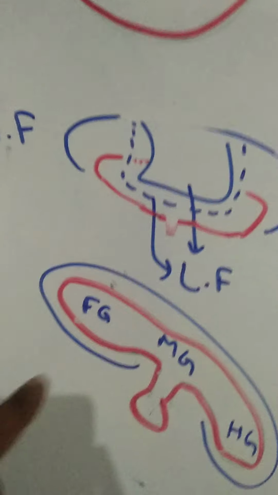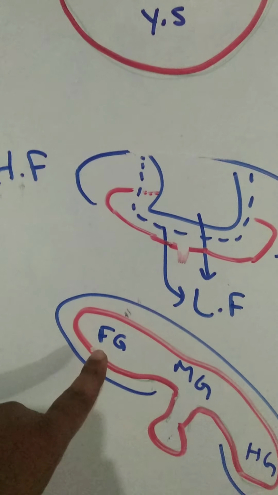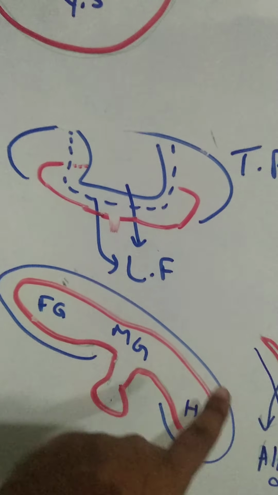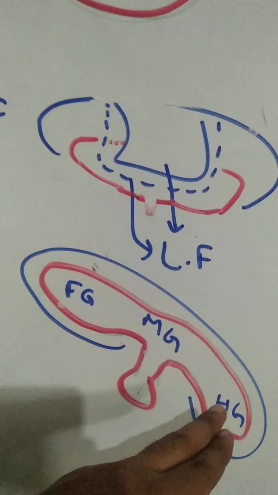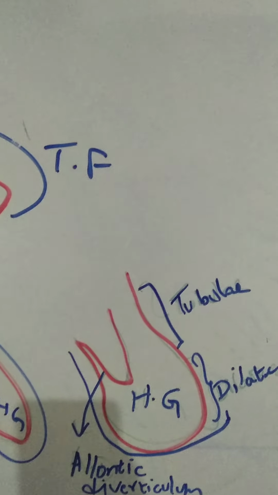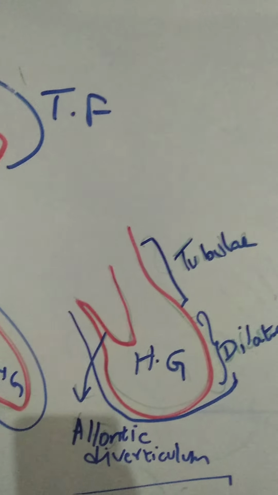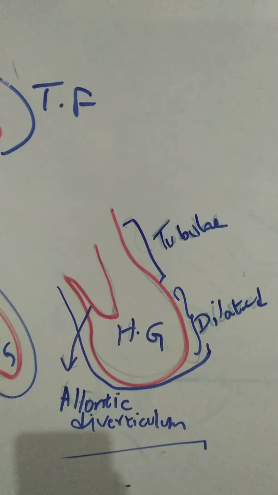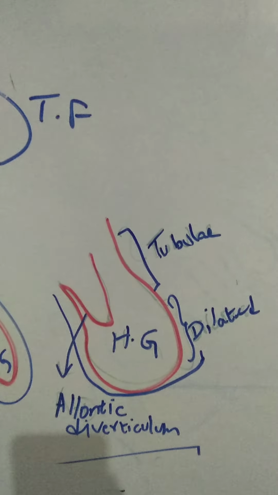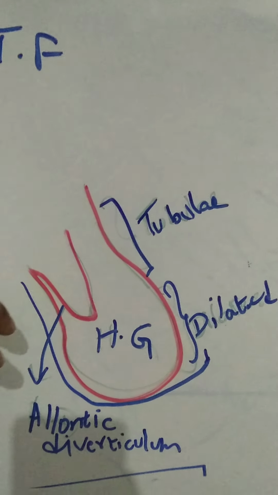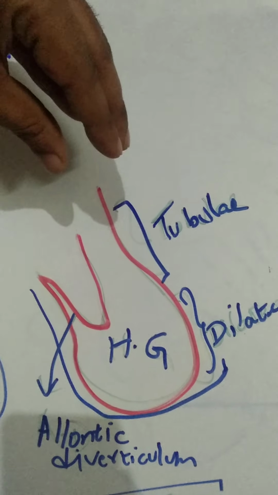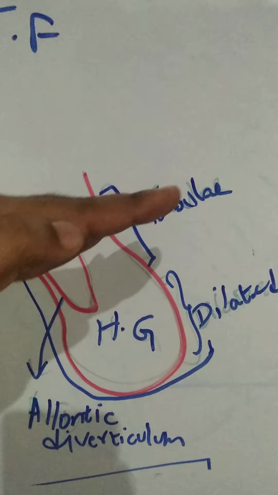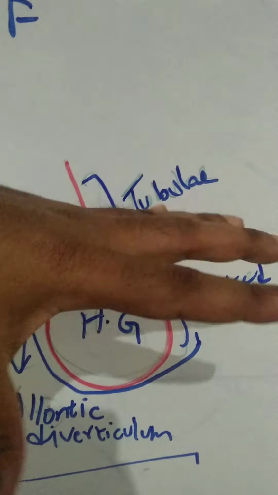Now the urinary bladder, you just guess whether it is in the head end or the tail end. It's the tail end, right? So it is developed from the hindgut. This hindgut will give a diverticulum, okay? It's called the allantoic diverticulum, also called the allantois. Some books also give it as urachus. After giving the diverticulum, the upper, proximal portion of the hindgut remains tubular. The distal portion, after the allantoic diverticulum, will dilate.